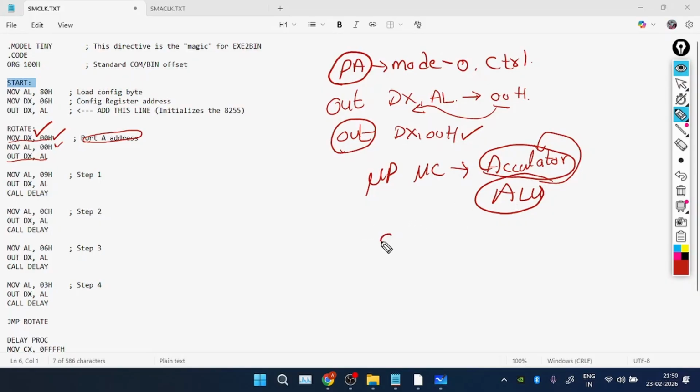That's the main reason when you're using the command OUT with any register, you have to use the AL register. Okay, that's the main purpose. Whenever you are observing here,